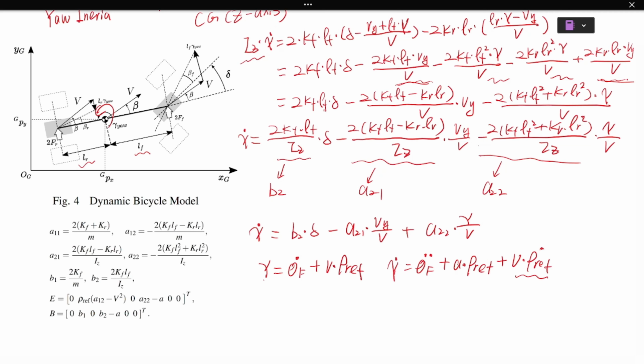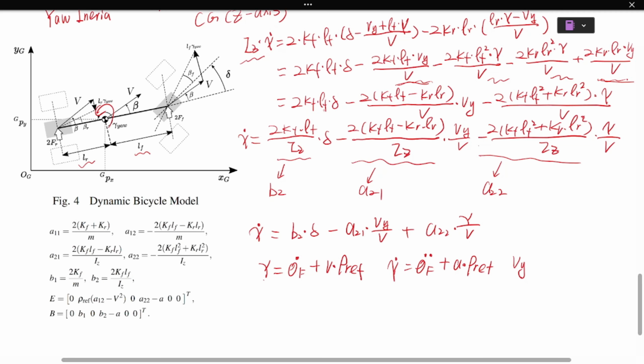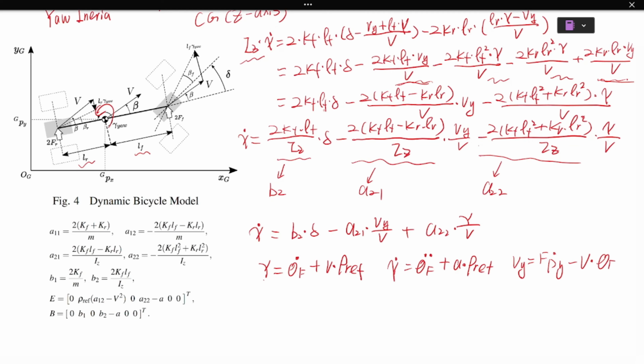This term is quite small, so remove it. Only keep these two terms. And Vy equals fpy dot minus V times theta f. Replace gamma dot and Vy into this equation. We can get,